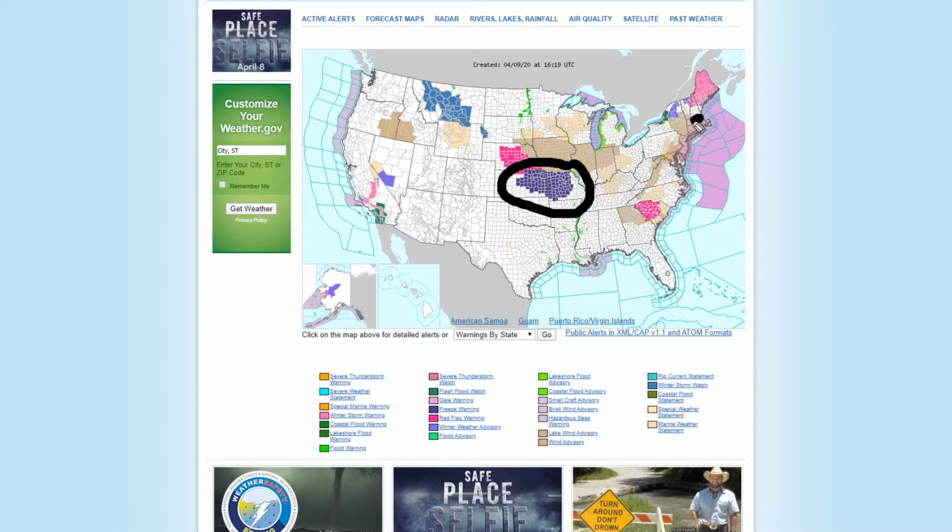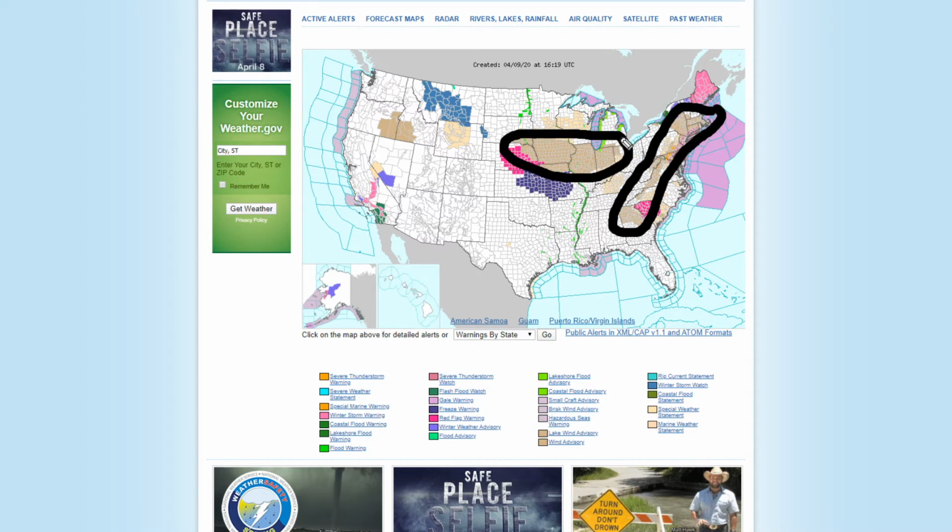As well, we also have some severe thunderstorm watches in effect for areas from southern Connecticut through all of New Jersey and then into southeastern Pennsylvania and eastern Maryland and all of Delaware for the most part. And then we also have some wind advisories right along the spine of the Appalachians and then through the northeast coast. And we also have some more wind advisories for the Great Lakes and the Midwest, and also